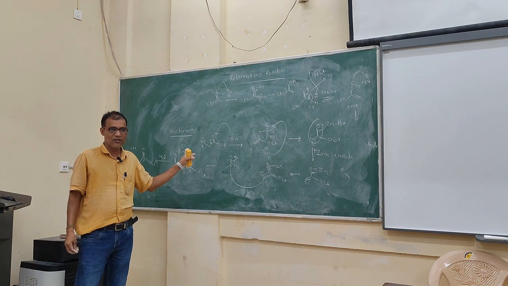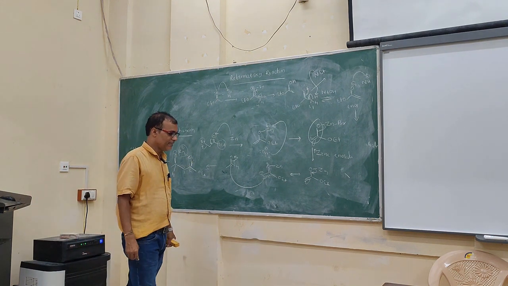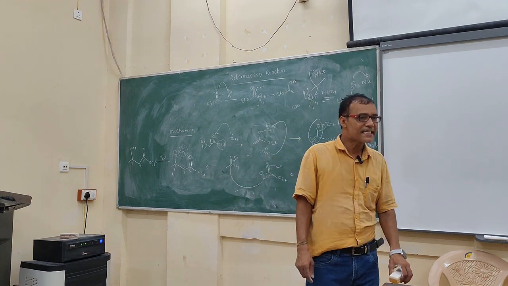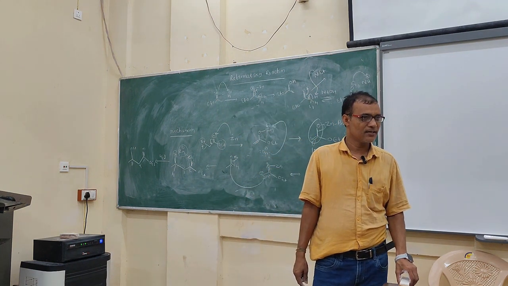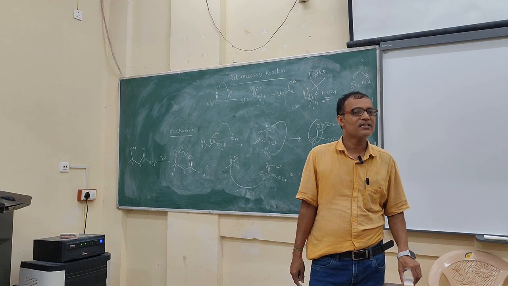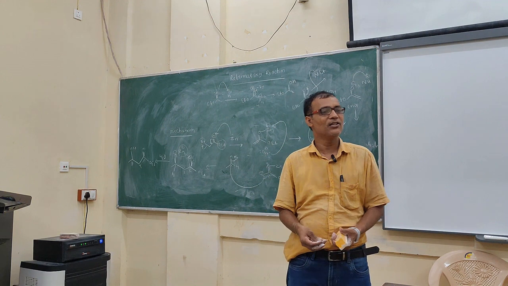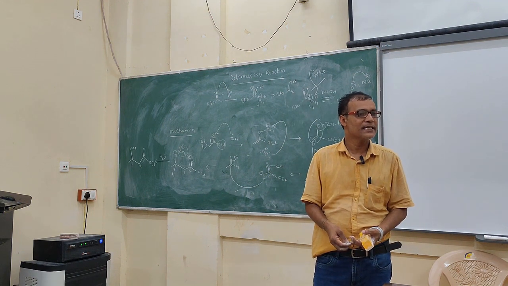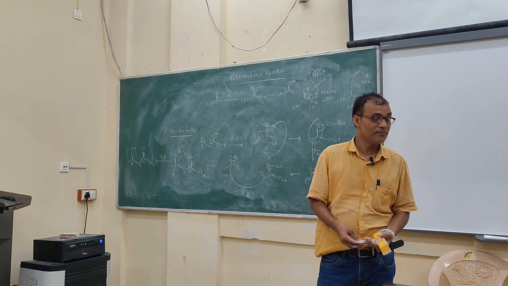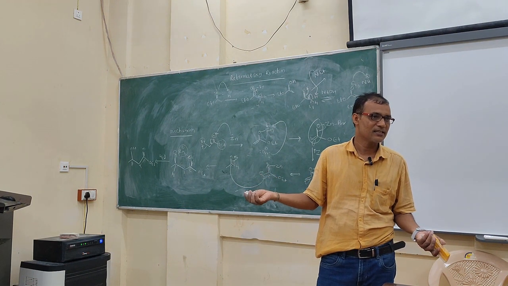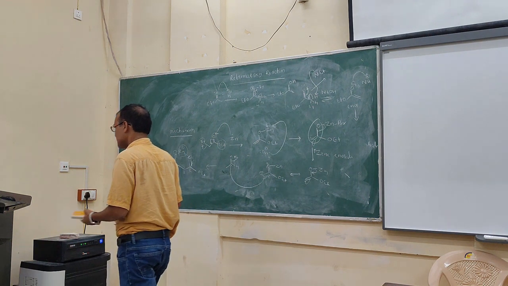Is it clear now? So Reformatsky designed an alpha bromo compound with zinc as a good enolate that will act as a nucleophile to any carbonyl compound, and finally you will get the hydroxy ester. Sorry, beta hydroxy ester. Beta position hydroxy and this is the ester. Okay, is it clear now?